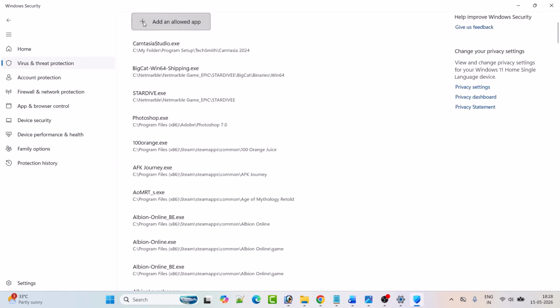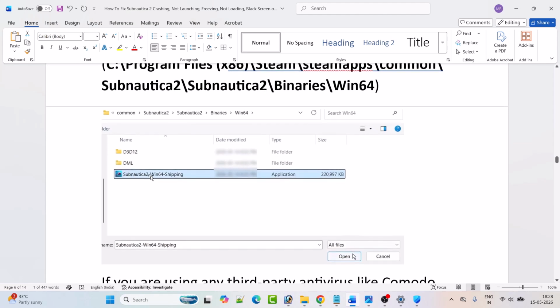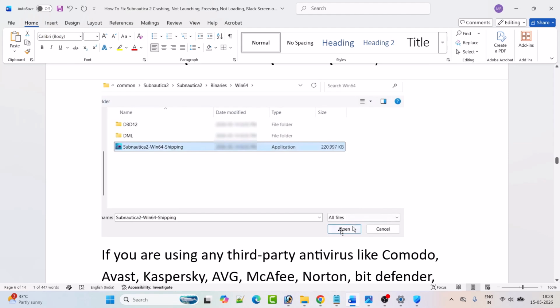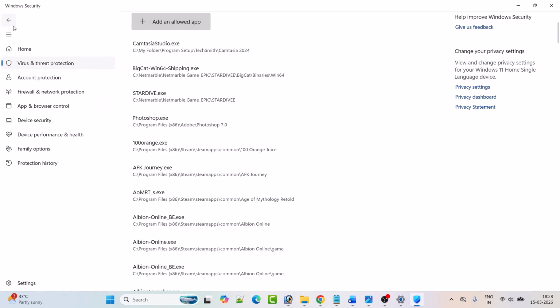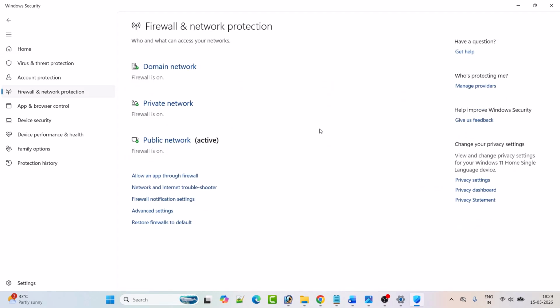Now again click on add an allowed app, browse all apps, and this time open the Subnautica 2 folder, binaries folder, Win64 folder. Select this exe file, Subnautica 2 Win64 shipping exe file, and then click on open to add it to the list. After adding it, go back, click on firewall and network protection, click on allow an app